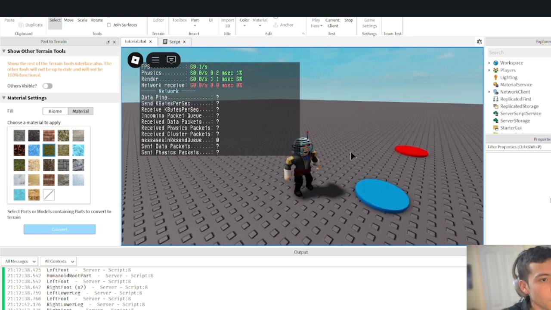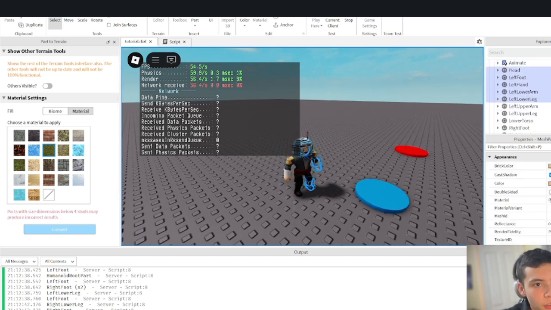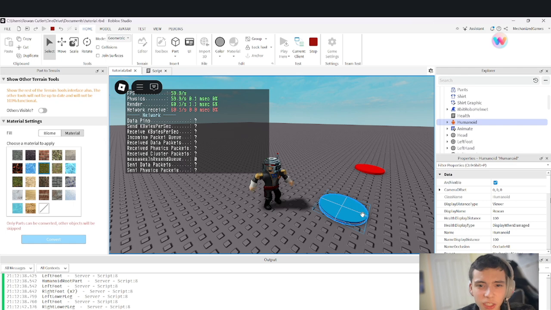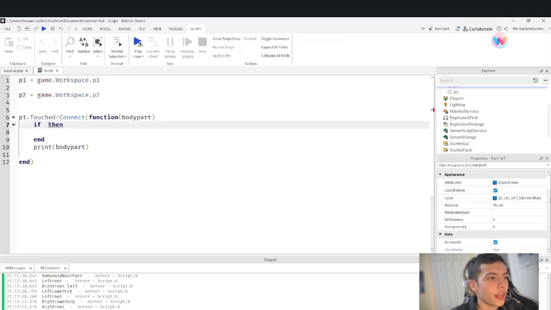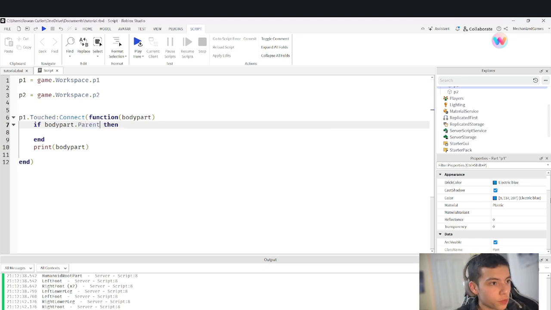Now, to actually teleport this guy to the red spot, we're going to look at his children, and you can see quite a bit of his children. There's a couple things in particular. There's the HumanoidRootPart. We're going to move that because the HumanoidRootPart will move the whole character, right? If we move anything else, it'll break the character. We're going to do if, then, and what that does is if something's true, then do that. So let's do if bodyPart.Parent, that's the body part's parent, which would be the character model, .Parent